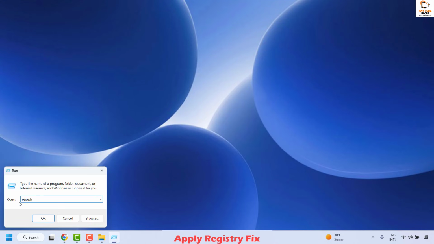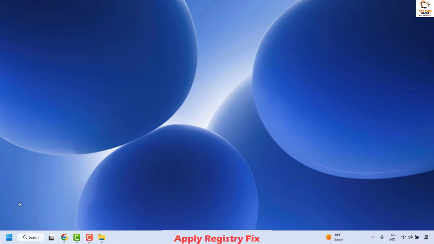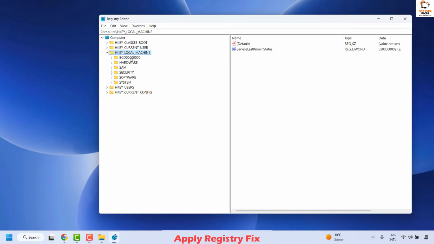In the run window, you may go ahead and type regedit. In case you get a user access control prompt, you may click on yes or continue on the screen. Now, when you're modifying the registry, please make sure you follow the steps accurately. In case you delete or modify incorrect registry entries, there are chances that your computer may not perform correctly